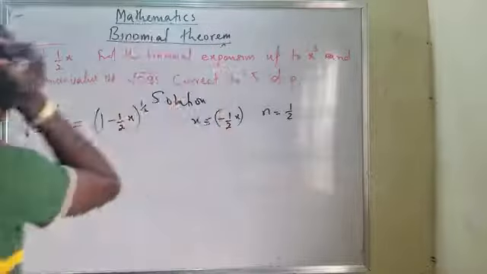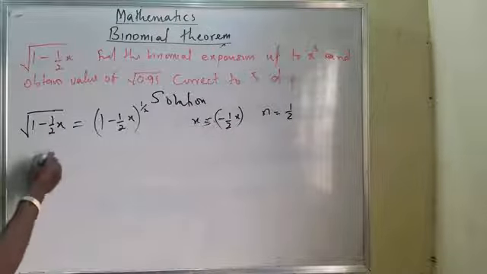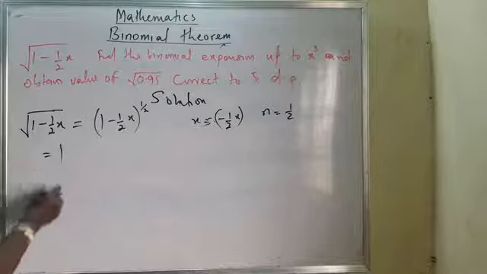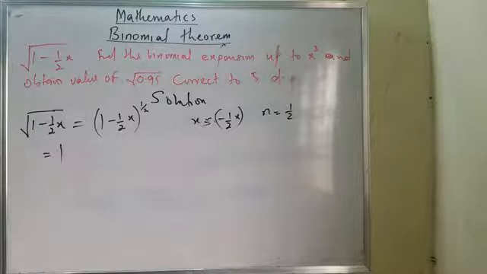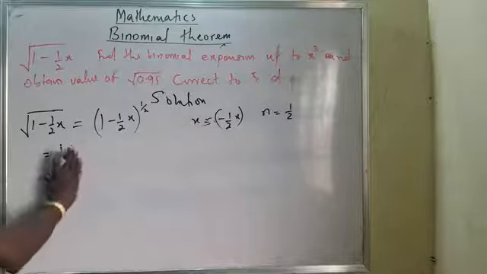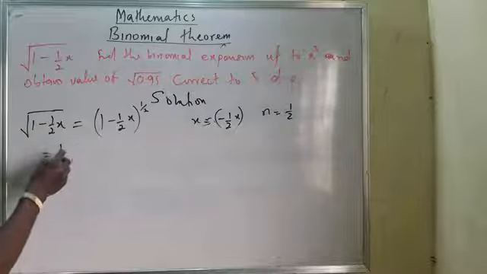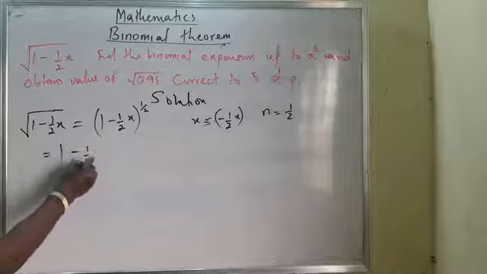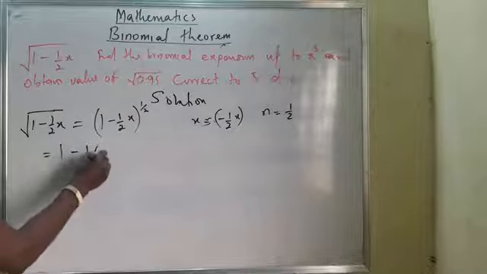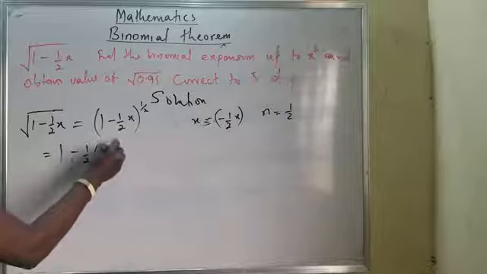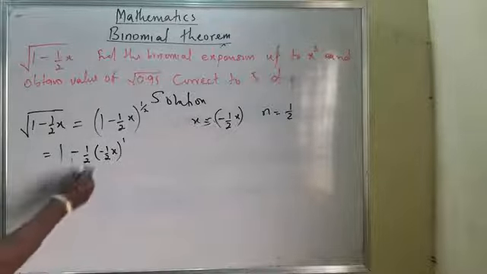Now, this is what I'm going to use to generate this. It means I can now say that I have my 1. Now, this time around is minus. Since here is minus, here will be plus. Please don't forget that. Normally it will be plus, but let me explain how that plus exists. Now, it will be the power, which is 1 all over 2, which is the n, bracket of minus 1 all over 2x, bracket of 1 divided by 1 factorial,